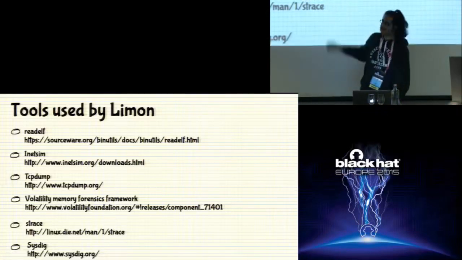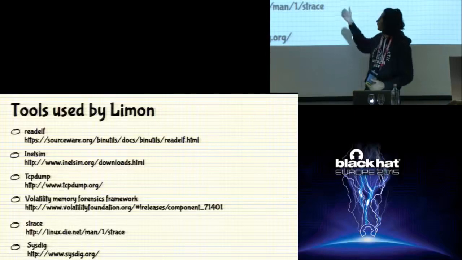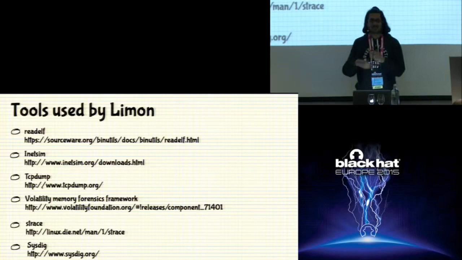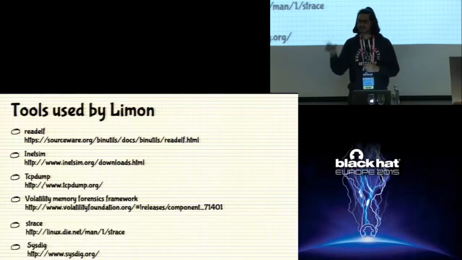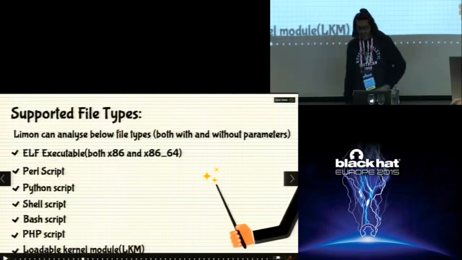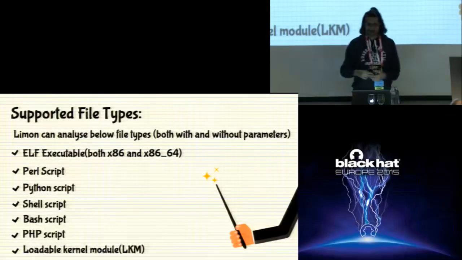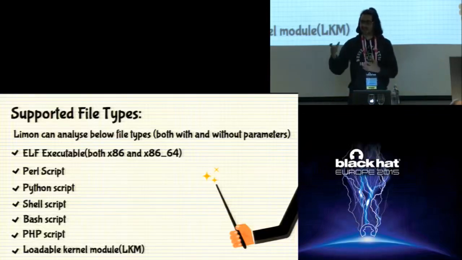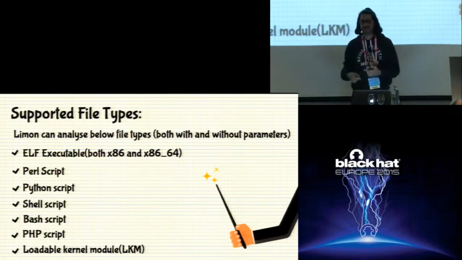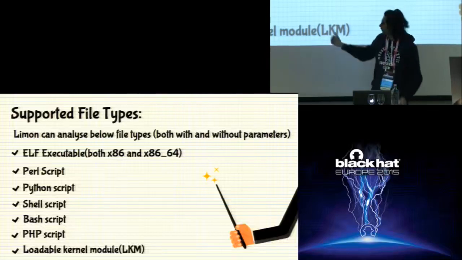And then it uses tcpdump for capturing the packets and the Volatility memory forensic framework for doing the memory forensics. And strace and sysdig for basically doing the dynamic analysis. So while it's executing, it traces the system calls to see what the malware is doing. And these are the supported file types. So if you know Linux, it need not always be an ELF file that is malicious. It can come as a Perl script. The malware can come as a PHP dropper. It can come as a Python script. So basically, these are some of the supported file types, and there is also support for loadable kernel modules. Let's say you want to analyze the kernel objects, so you can do that.